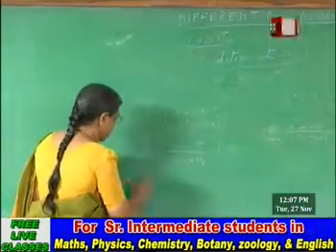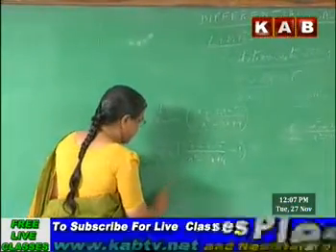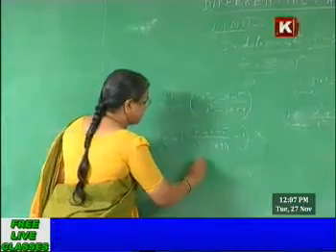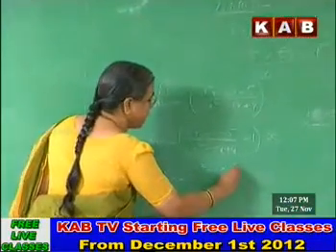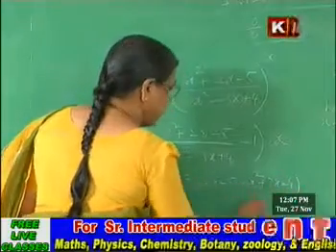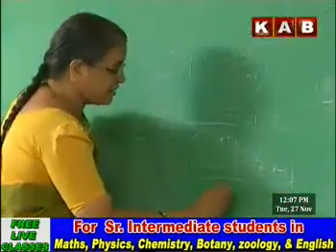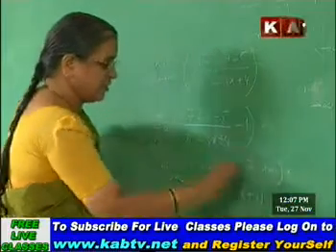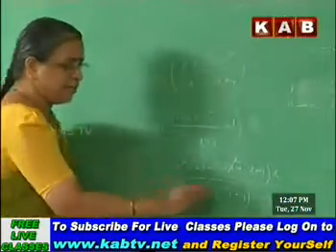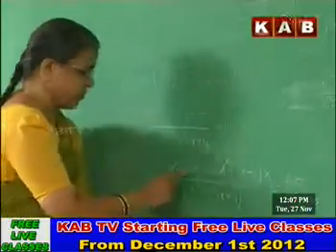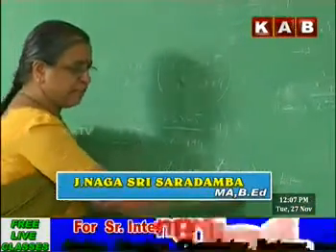So this comes out to be e power limit as x tends to infinity, (x square plus 2x minus 5 minus x square plus 3x minus 4) by (x square minus 3x plus 4) into x. x square cancel. This comes out to be limit as x tends to infinity, 2x plus 3x, 5x,